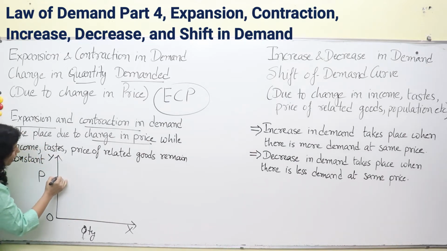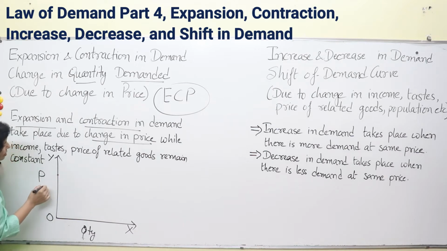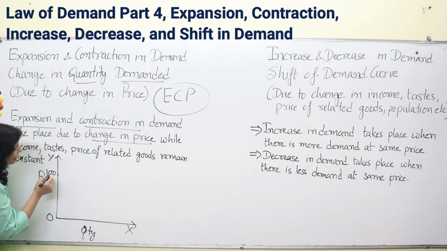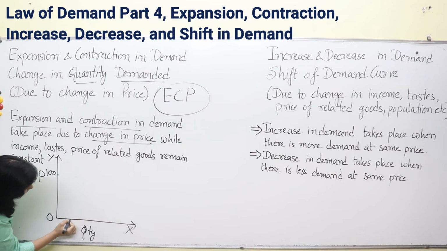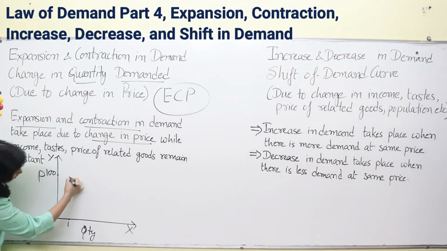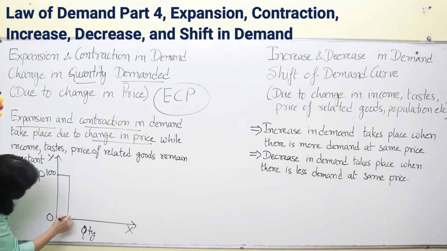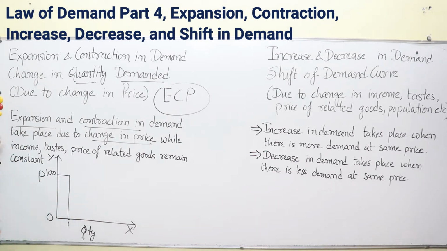See, when price is high, take for example, if the price of anything, take for example nariyal pani. Right now I am having nariyal pani nowadays, so I am preferring that. So here, take for example, its price is rupees 100, and on a per day basis, I am having only one nariyal pani. It's rupees 100, so I am having only one. Okay, so let's join these points. Here it is. Okay, now if the price of nariyal pani reduces to rupees 50,